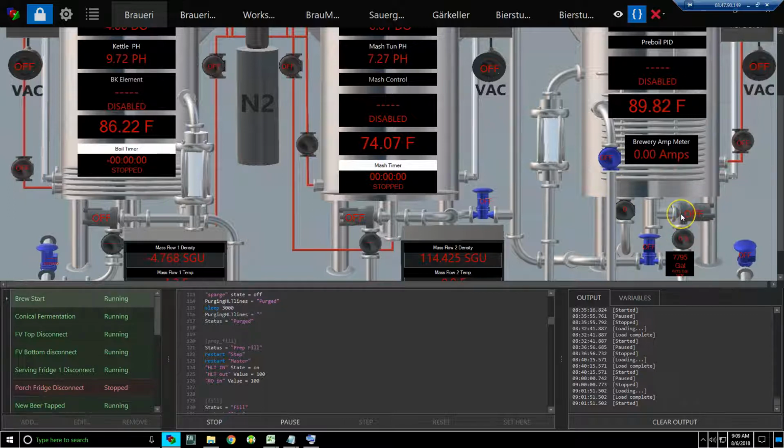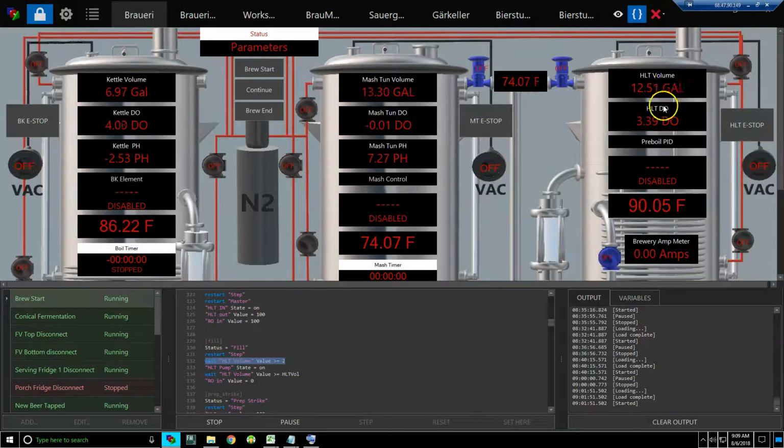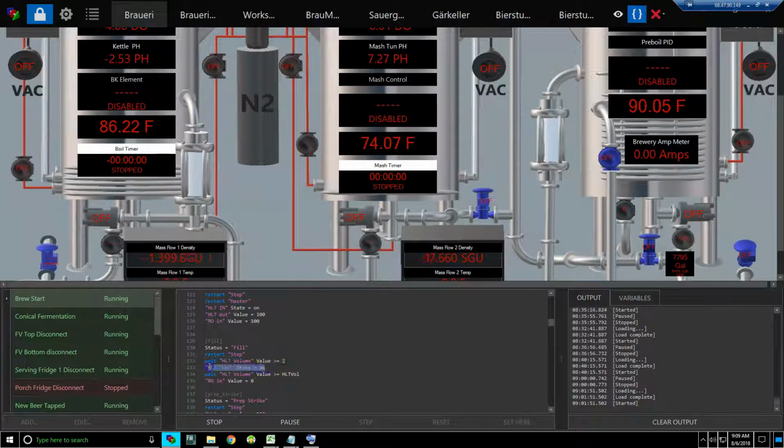Notice the pump hasn't been told to turn on yet, because if it turns on right away, there's not going to be liquid in those lines, and you might have a hard time actually priming the pump. So I built some code in for that, and once those 3 criteria are met, it goes to the next. And when it goes to the next, then we're going to start filling. And basically we have a wait statement here that says wait until the hot liquor tank volume is greater than or equal to 2. So wait till this is greater than or equal to 2, and then turn on the pump. So there's water in the lines, there's water in the vessel, so you're not dry firing and having an